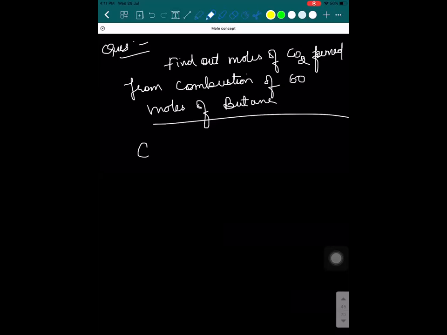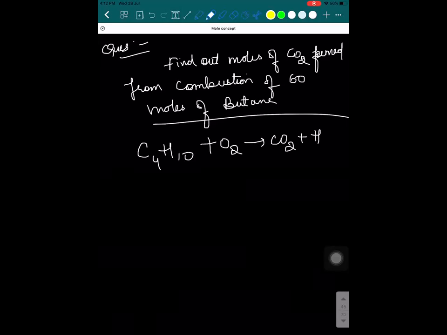What is butane? What is butane? I know that many students even don't know what is butane. Arey, this much so you know at least. C4H12. Surya, how can it be C4H12? I was sure that one student for sure will do the mistake in this, isn't it? Plus O2 will give you CO2 plus water.